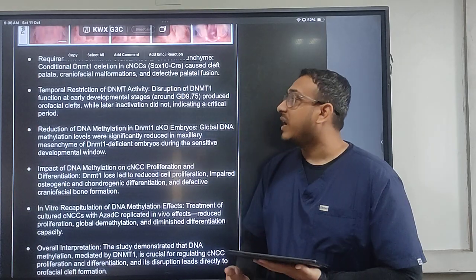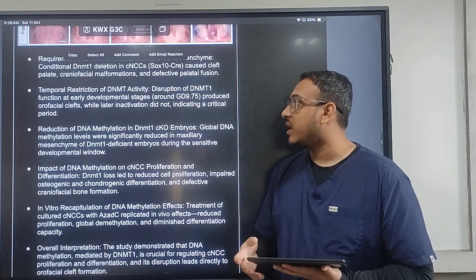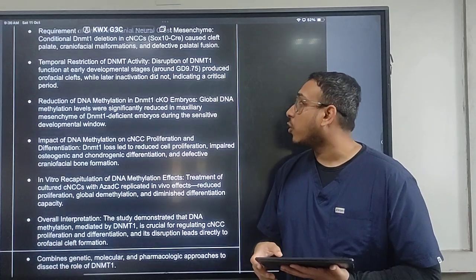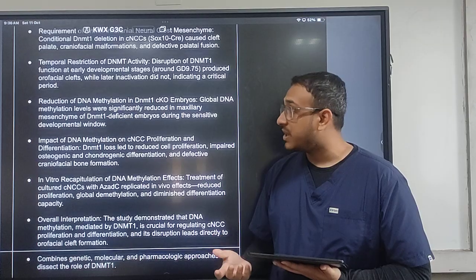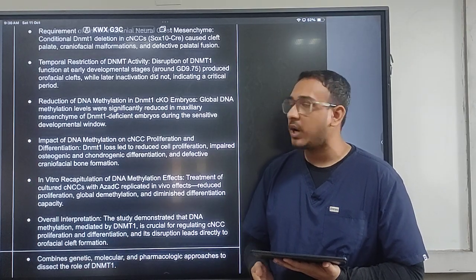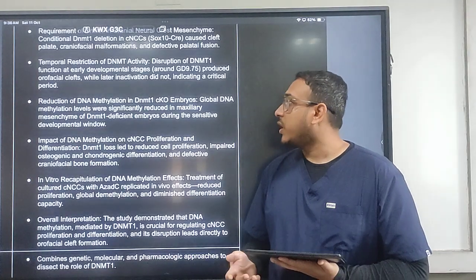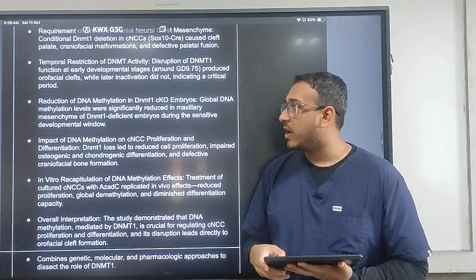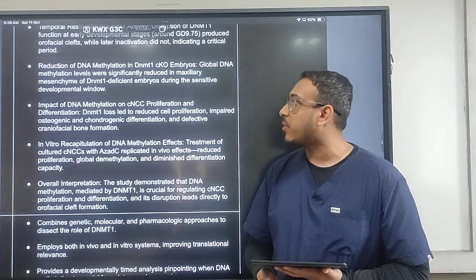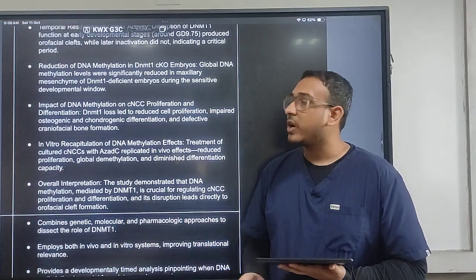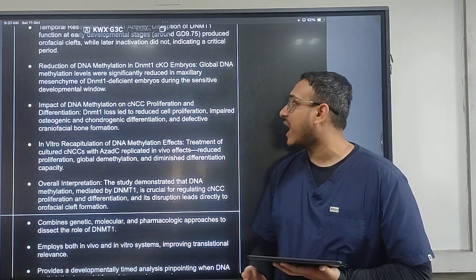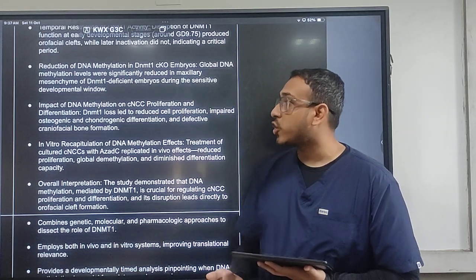Reduction of DNA methylation in DNMT1 conditional knockout embryos: global DNA methylation levels were significantly reduced in the maxillary mesenchyme of DNMT1 deficient embryos during the sensitive developmental window. The impact of DNA methylation on CNCC proliferation and differentiation: DNMT1 loss led to reduced proliferation and impaired osteogenic and chondrogenic